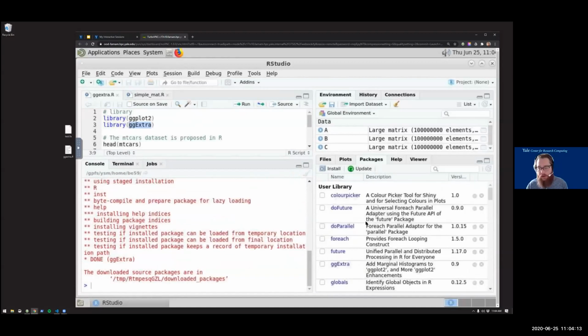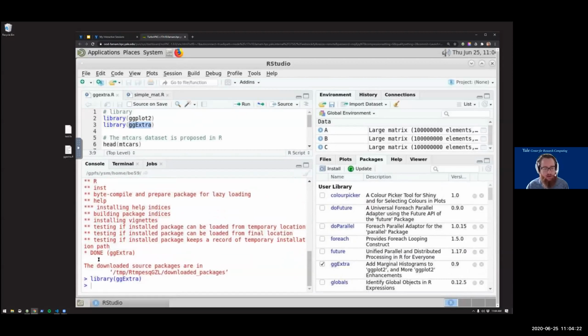And ta-da, it's there. And now I can see in my user library, I have the ggExtra package, and I can load it over there on the right. So once you have allocated the right job for yourself, installing most packages should be relatively straightforward, as I just showed.